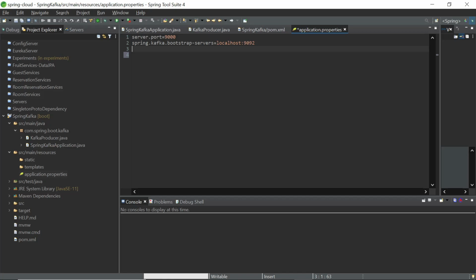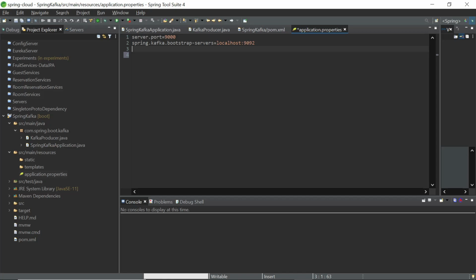We talk about serialization and deserialization here, right? So we serialize the data, and then Kafka sends it over to the consumer.